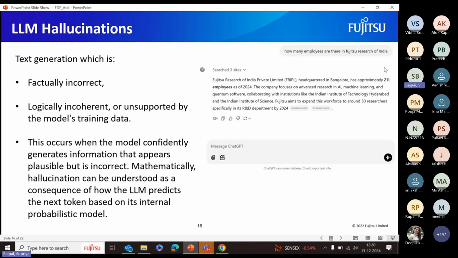First of all, it might be because the web pages are not updated. It is also giving some company check and references from where it extracted this data, so it may not be updated, and that's why it is giving wrong answers. Or sometimes it just predicts the next word. If you ask it to give the reference of some paper which has this kind of work, it will just write some random reference of random papers which don't even exist. So it is kind of hallucinating. It will write something, but which may not always be true.